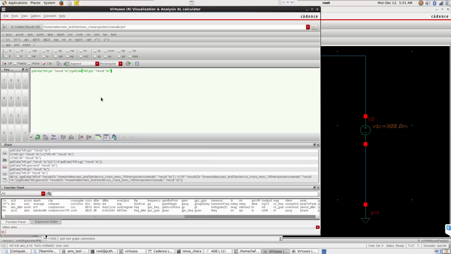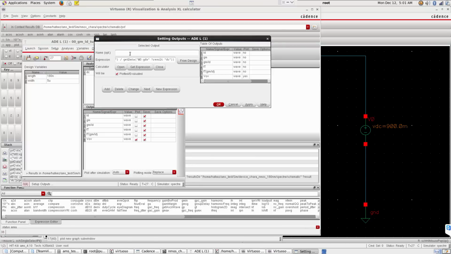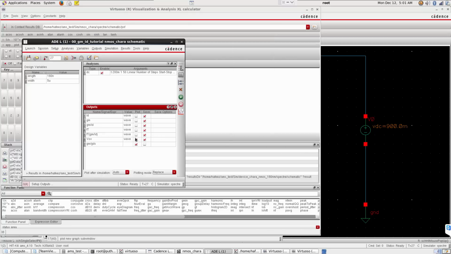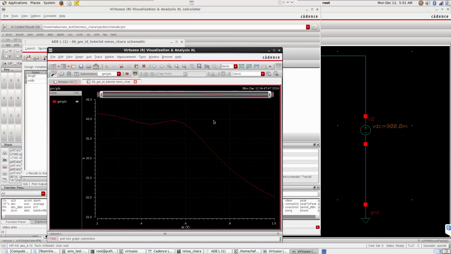So now we got GM by GDS, and I am taking that also here to the output. Get expression GM over GDS. Add. Okay. Now let's plot our new member, that is GM over GDS with respect to VGS. So this is the curve of GM by GDS with respect to VGS,